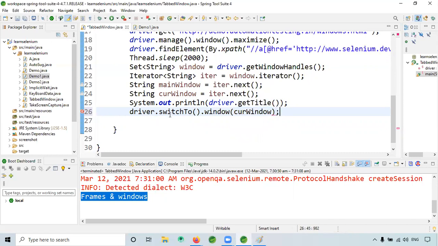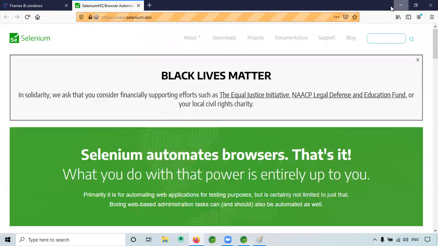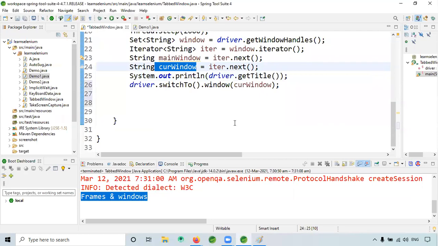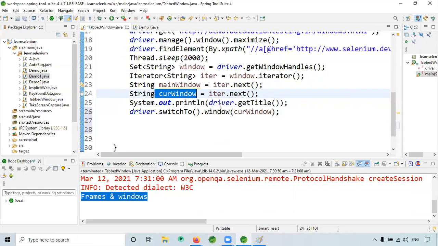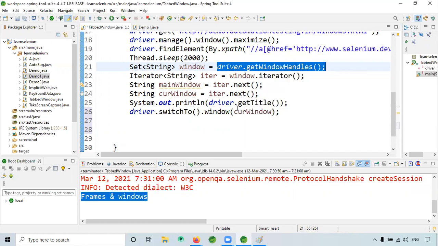What it will do is take me to the current window, which means this window. So we have used this Set collection class, and the main window string we are iterating using the iterator.